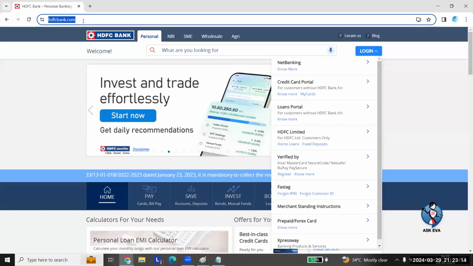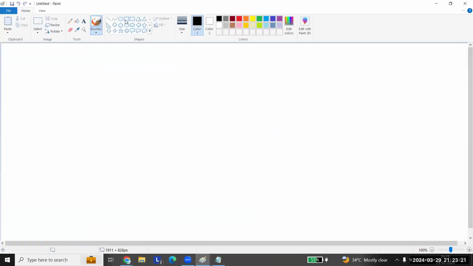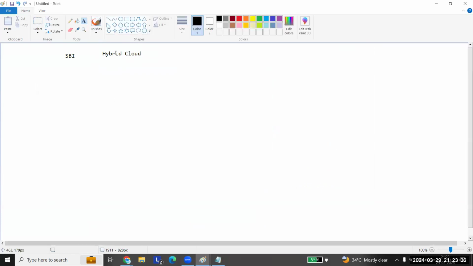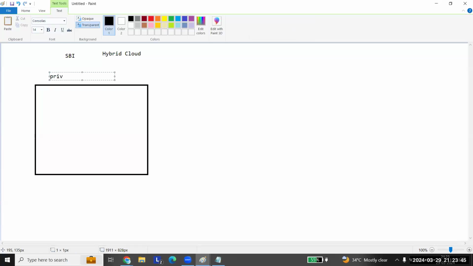So what happens here is, in case of hybrid, when you go to this SBI, it has got a private cloud.